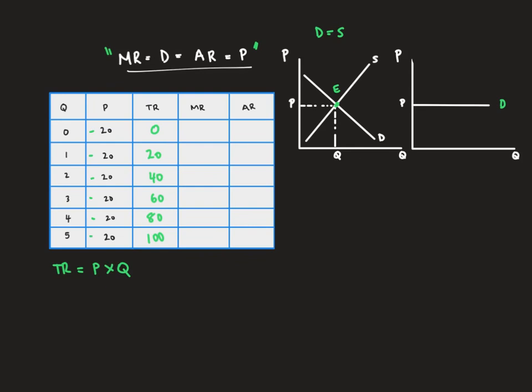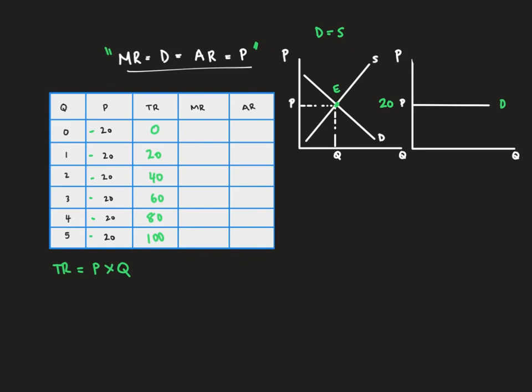The price remains 20, and that's a characteristic of a perfectly competitive firm. So if we go to the second graph, we can put our price here, which is equal to 20, and it will stay constant for the foreseeable future. Because we are operating in a perfectly competitive market, we know that we don't have much room to increase or decrease